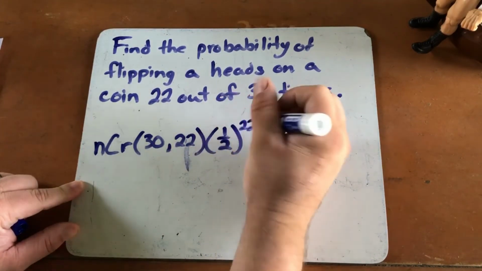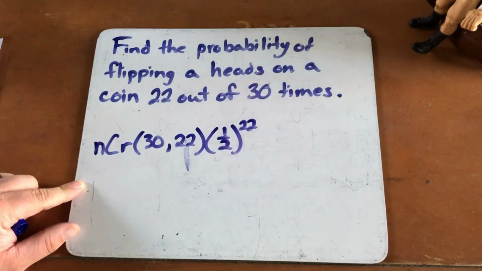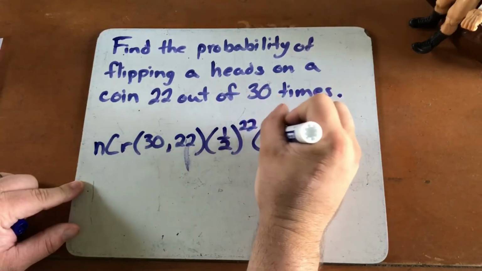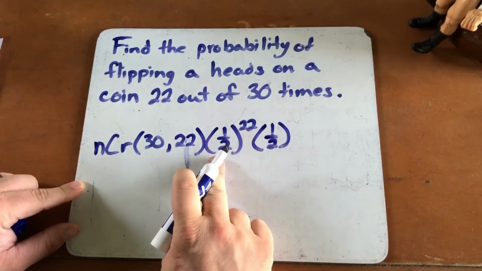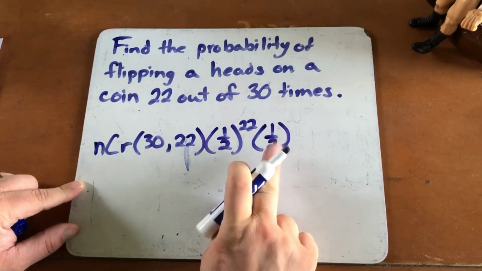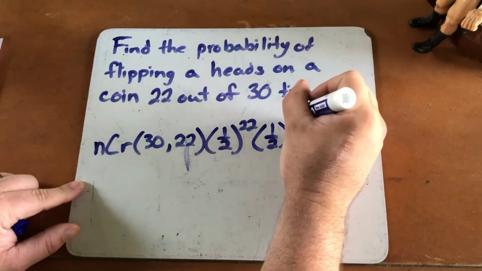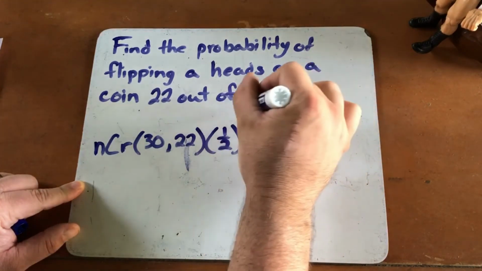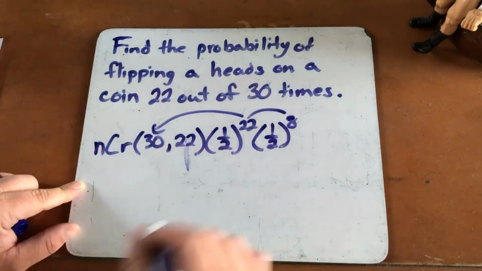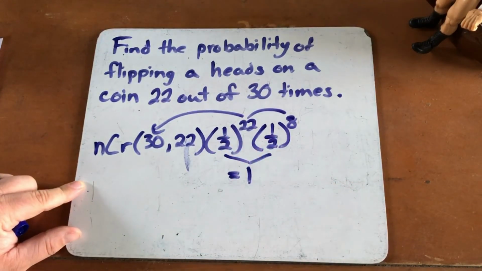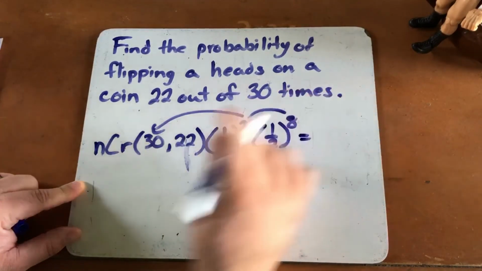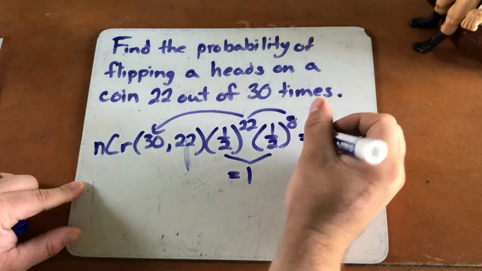The number of successes I'm looking for is 22. Notice that the probability of failure is 1/2. Once again, 1 minus 1/2 gives me 1/2, and this is 1 minus P. And there are 8 left. So 8 and 22 add up to the total number of events. These two probabilities add up to 1. When I type it into Desmos, just the way it looks right here, I end up with